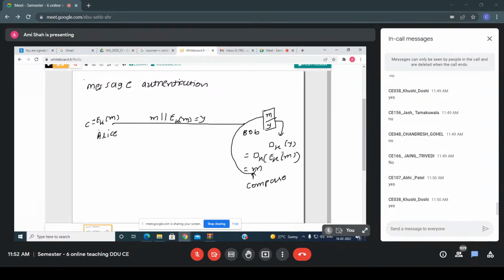Now Alice encrypts the message by using k, using this block or stream cipher. After that, this ciphertext, that is C,